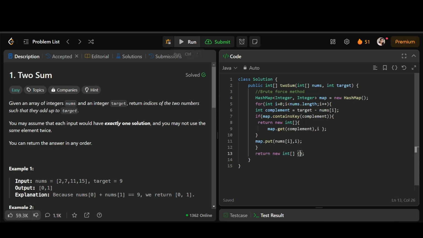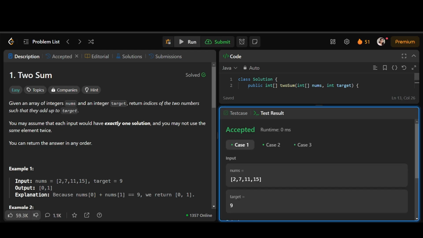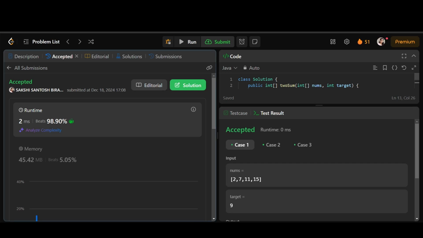Now we are running this. I hope it got accepted. Yeah, it is accepted and we're submitting it. Its runtime is 2 milliseconds and it beats